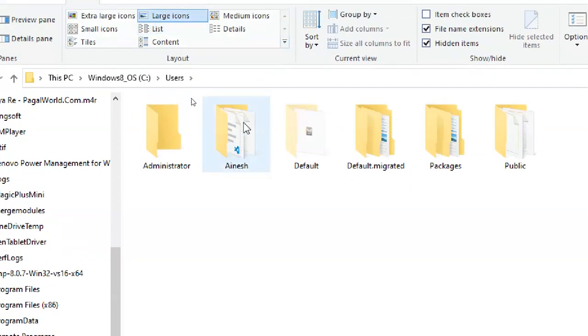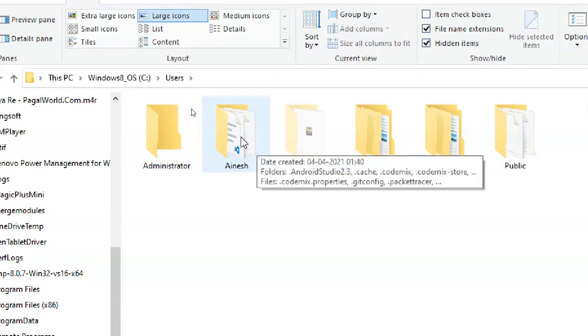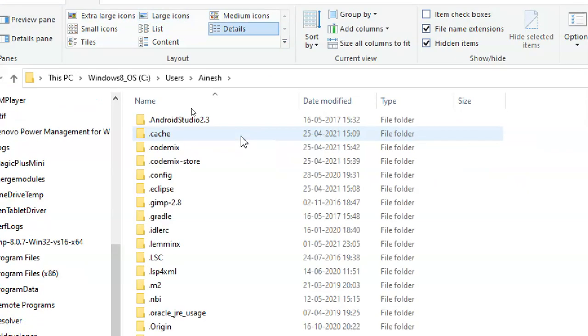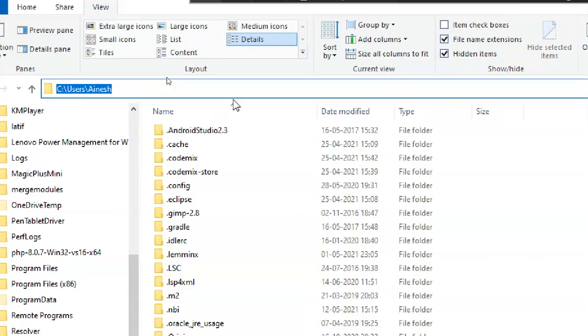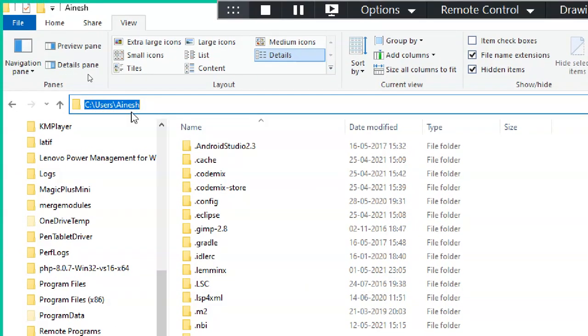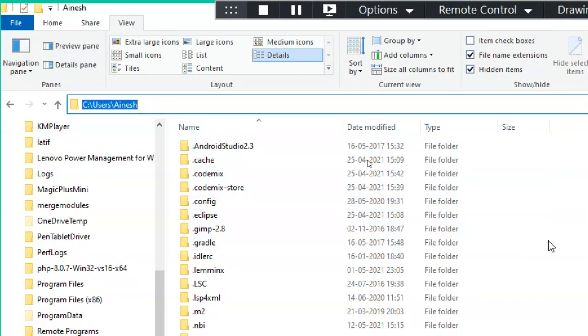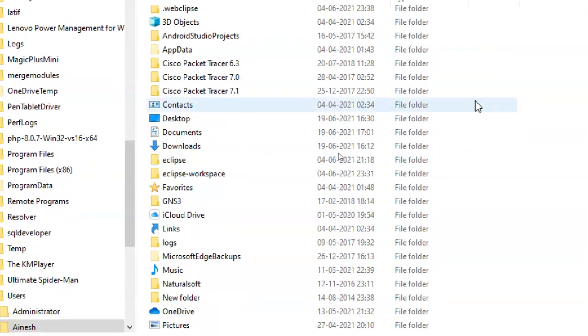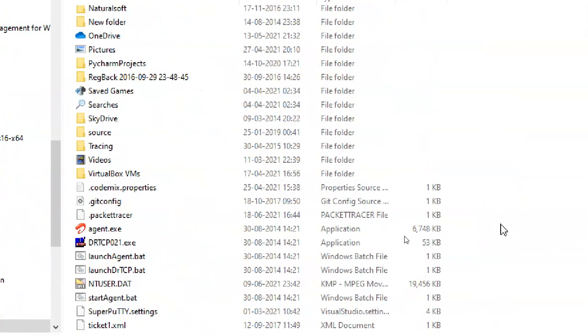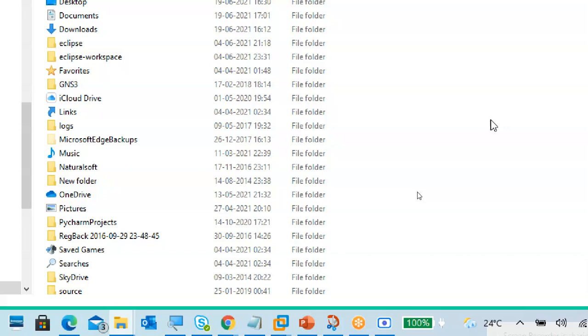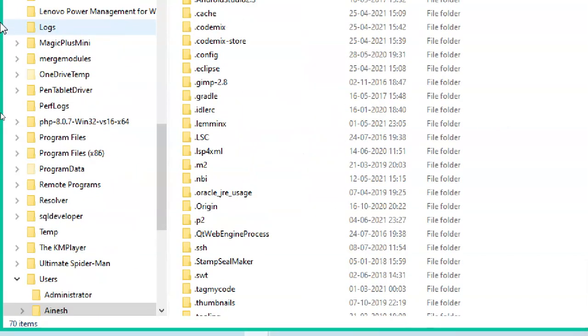This is my username; check your username in your system. Open the username folder. The data is under C, Users, your username. This is completely your personal data or profile data.